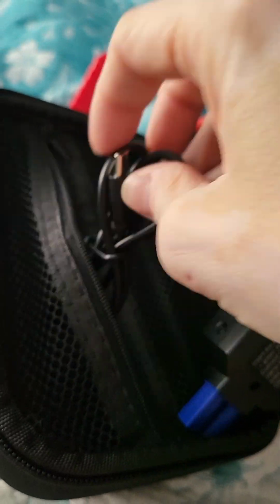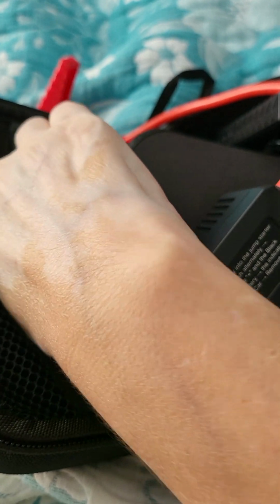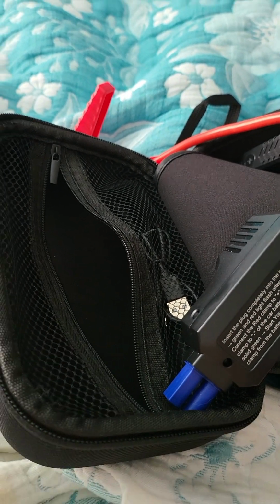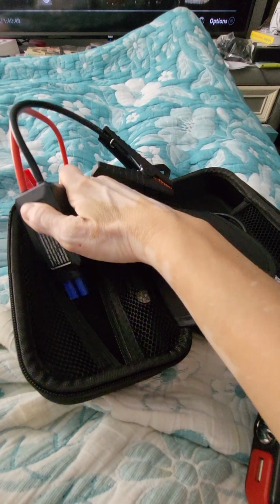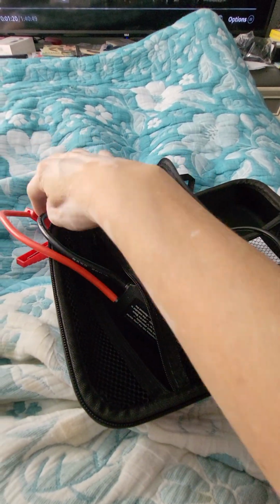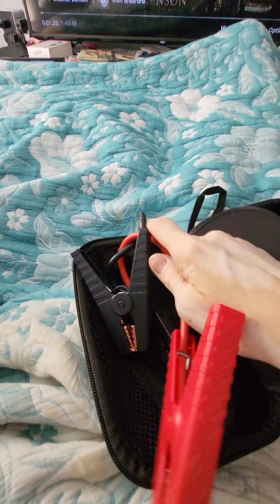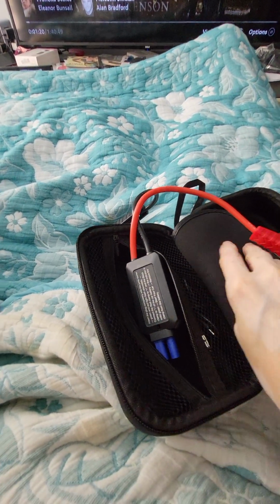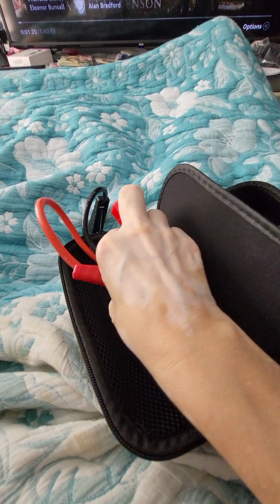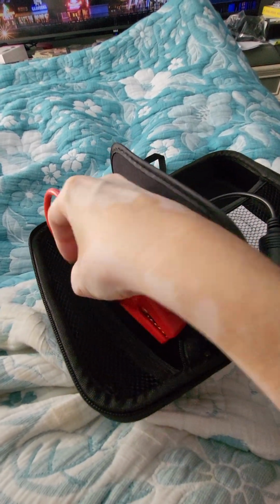Now here's the charging cord that comes with it. I knew right away that it wasn't going to be long enough for me, so I just threw my phone charger on it. I know it's got a good modulating brick, so it was in safe hands that way. But it all goes in this nice little case. Easy peasy. Reminder, if you've watched video 2, it takes 200 minutes to charge this from 0 to finished, because it charges 1% per 2 minutes. Y'all, it takes me my old dog box, the one that starts with the E and ends with a...